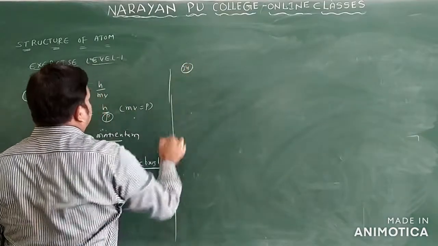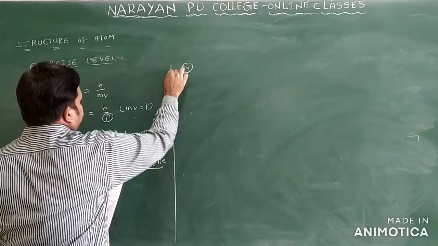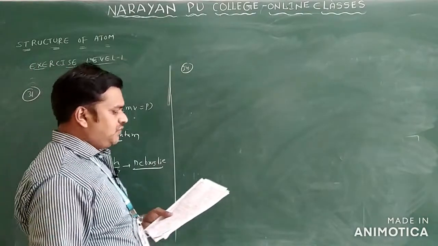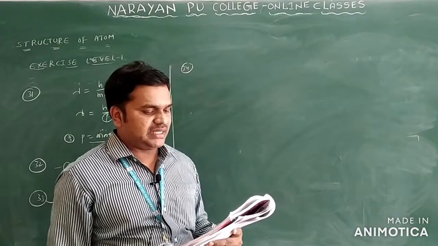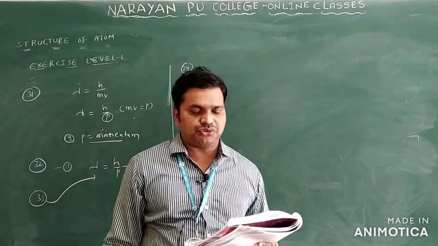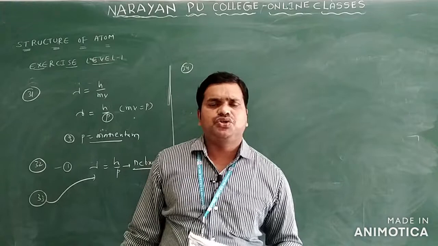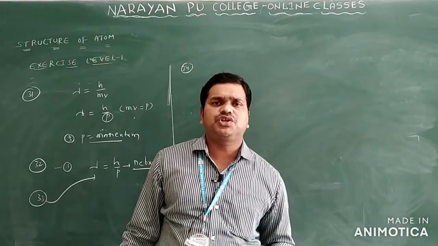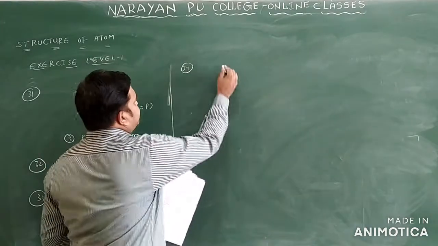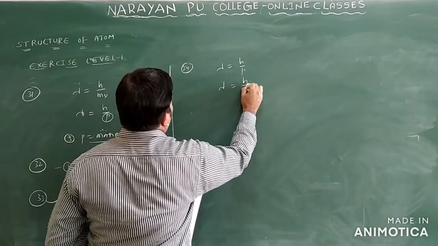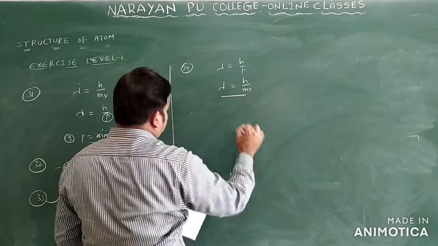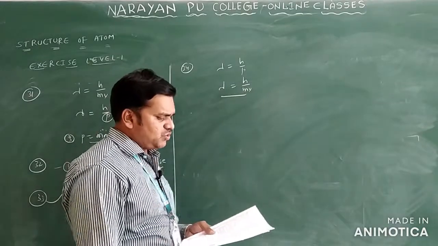Question number 34 we have. Which of the following explains light both as a stream of particles and as having wave motion? Dual nature of matter. So who proposed the dual nature first? De Broglie only. He gave one expression, lambda is equal to h by p, or you can write lambda is equal to h by mv only. Who proposed this one? De Broglie only.